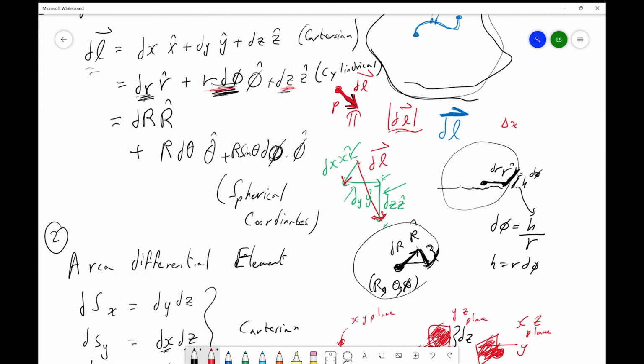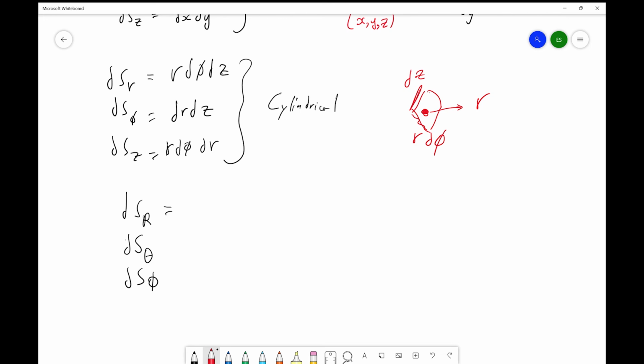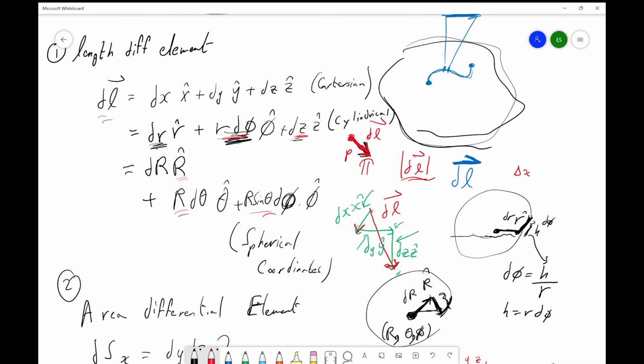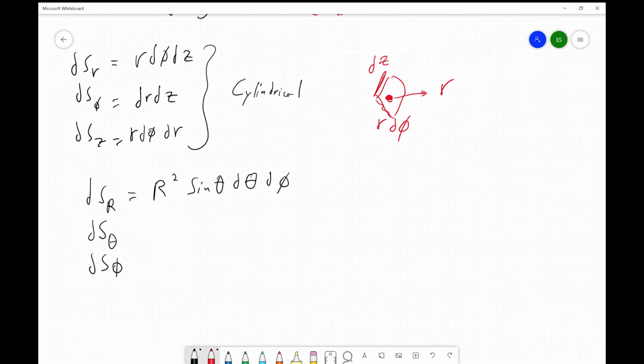I'm going to go to the definition of dL. So perpendicular to r hat, this is going to be this times this. So it's going to be r squared sine theta d theta d phi. Simple. All you need to know is the linear differential element, the length differential element, which you can reason about,